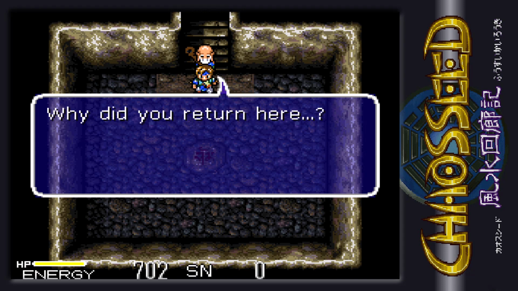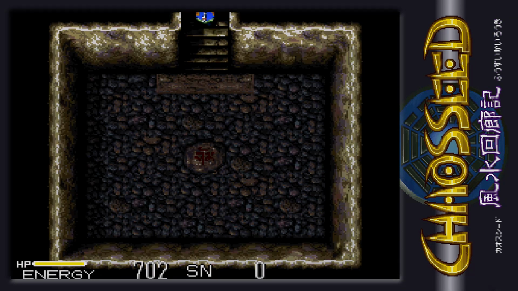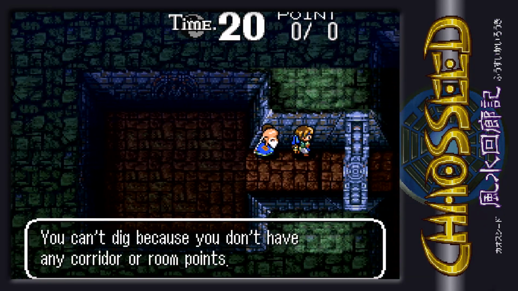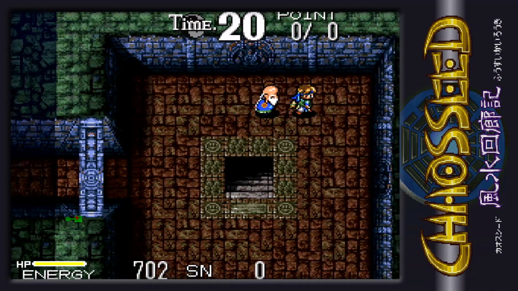Now, we could just go back down here. I don't know if they'll say something. Oh, why did you return here? You need to continue through the new corridor you just built. No, I don't. I don't need to do anything. Maybe I want to build more corridors. No, it's not letting me. Oh, I don't have any corridor or room points. So that cost us one corridor room point. And oh, look, there's a...